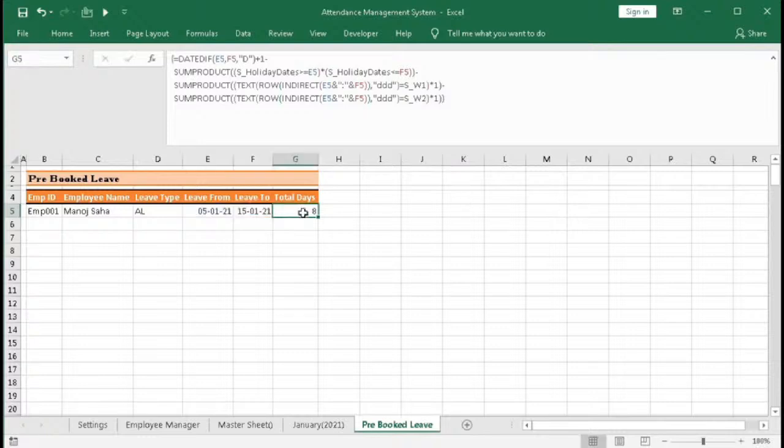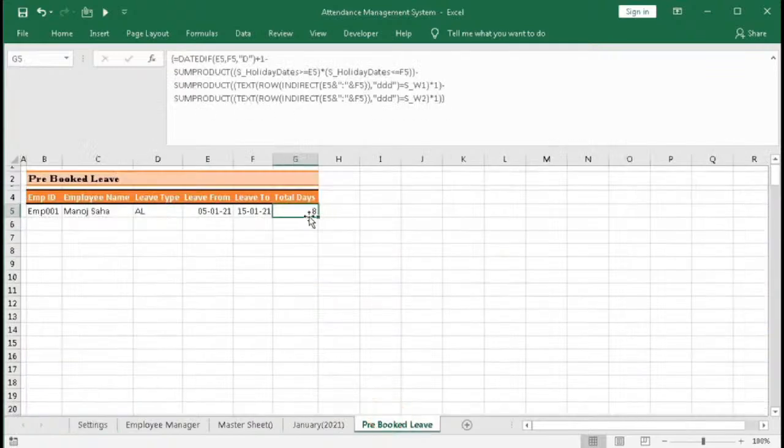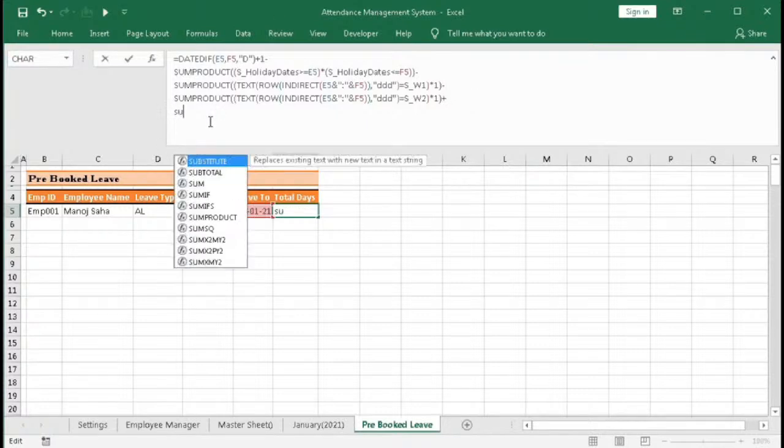The result is still 8 because there is only one weekend. If there are 2 weekends, then another 1 will be subtracted. But as there is only 1 weekend, it's not subtracting for week 2. Now, another problem is that if there is a coincidence between the holidays and the weekends, then that day should be added back. So for that, type plus, Alt Enter. In the same way, we have to do SUMPRODUCT,